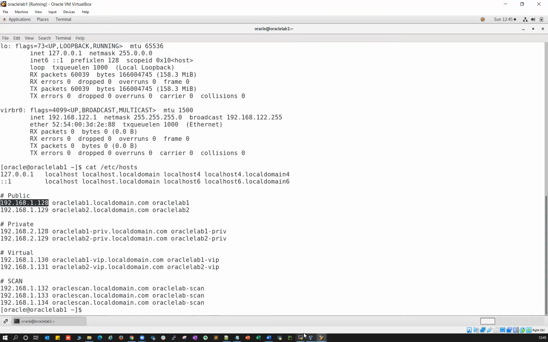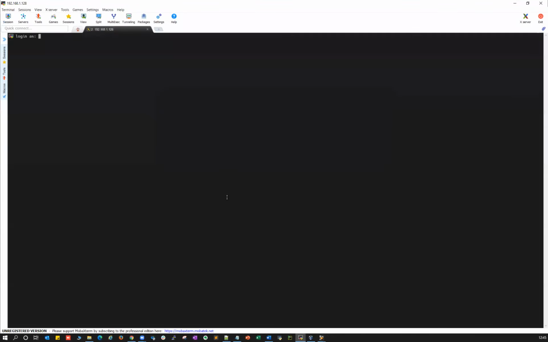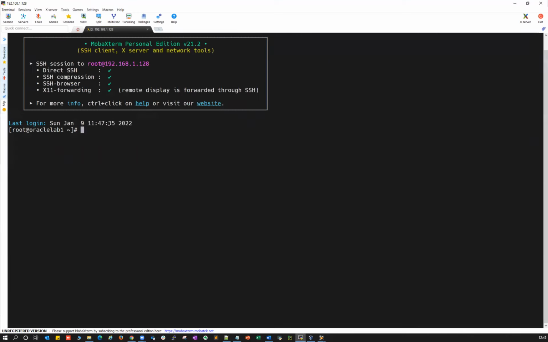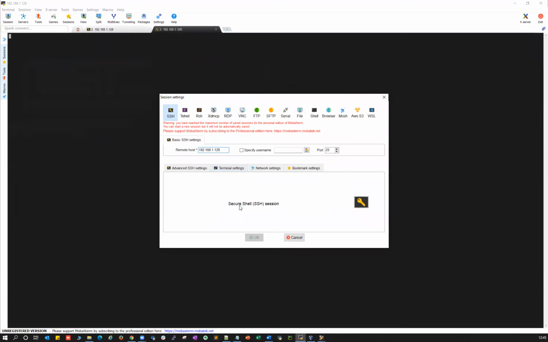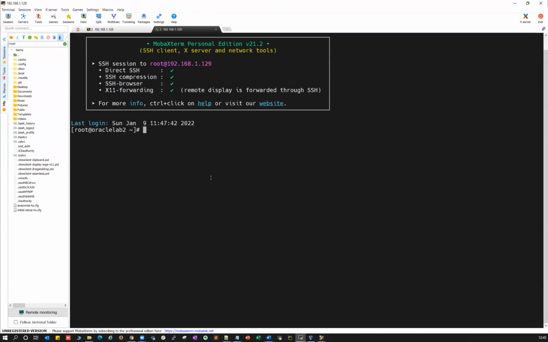I'm going to connect in my PuTTY or MobaXterm session here, and log in as root. Right, so my root is ready here, and then I'll take one more session, 191.29. That's my node two. Right, my node two is also ready.